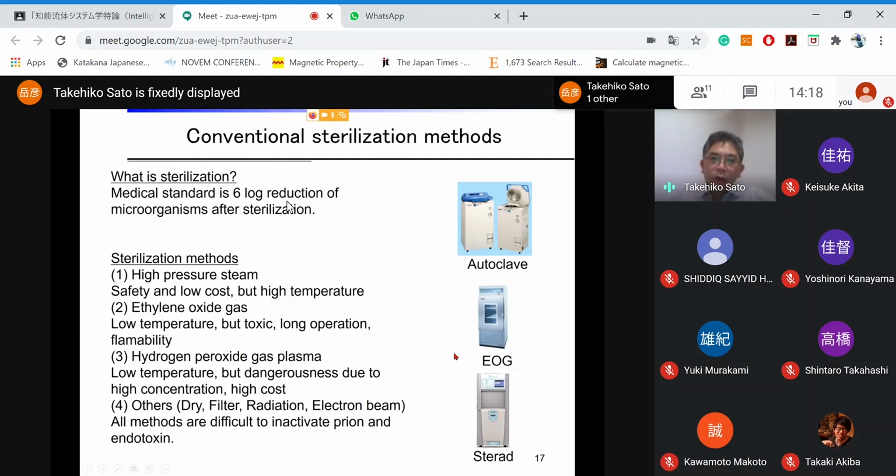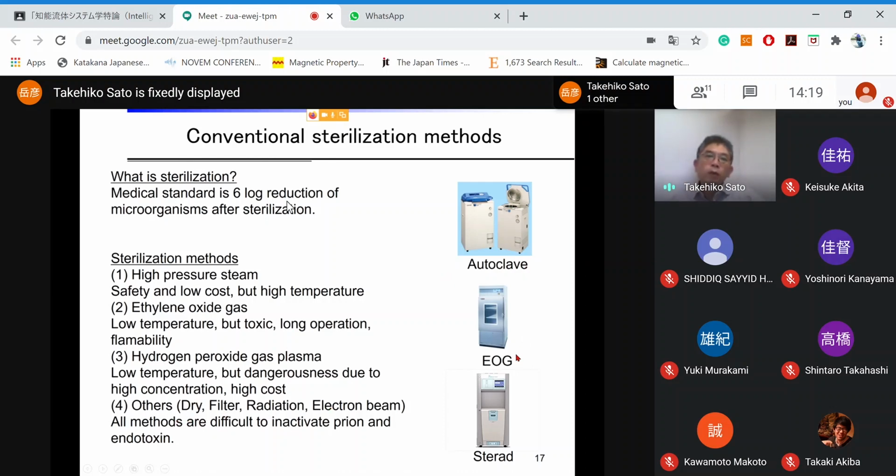And the other is EOG, so ethylene oxide gas method. Also, we have the Sterrad, which is a product name, so the hydrogen peroxide gas plasma. Or other, we have the radiation or electron beam or filter or high temperature dry case, but mainly autoclave